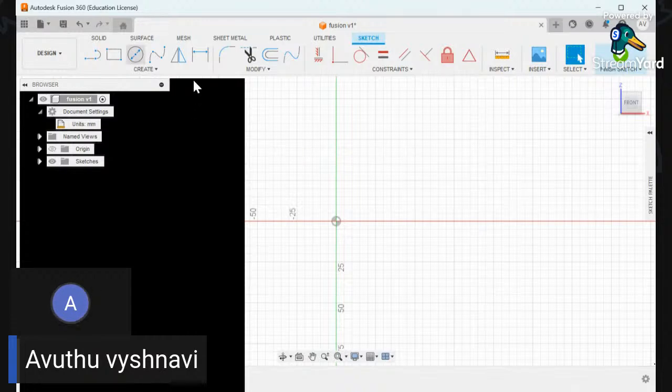Another shortcut used here is if I press the letter S on my keyboard, then I get the shortcuts which I can access, like line, rectangle, circle, or any command, like just typing fillet or anything. I can access this by pressing just S on the keyboard. So now I'll be drawing the ball bearing. First I'm selecting the circle,